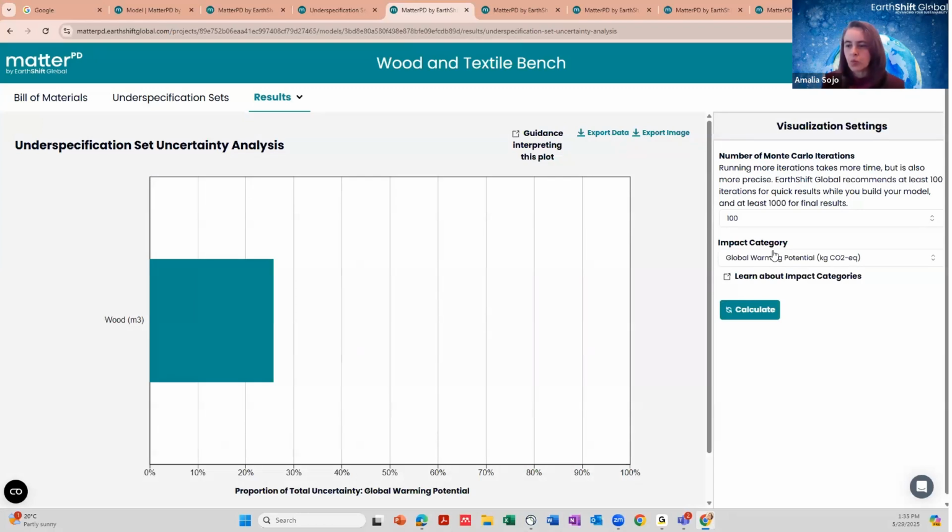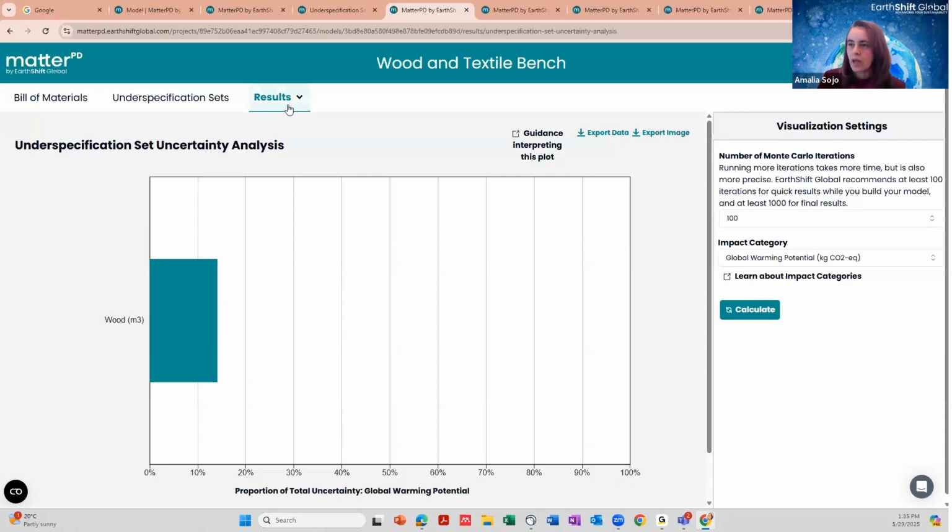And here I can see that the wood is only causing about 28% of the uncertainty in my data. I only use wood over here, but if I had several underspecification sets, they would be showing here. For example, I could also have added electricity or the different types of yarn.